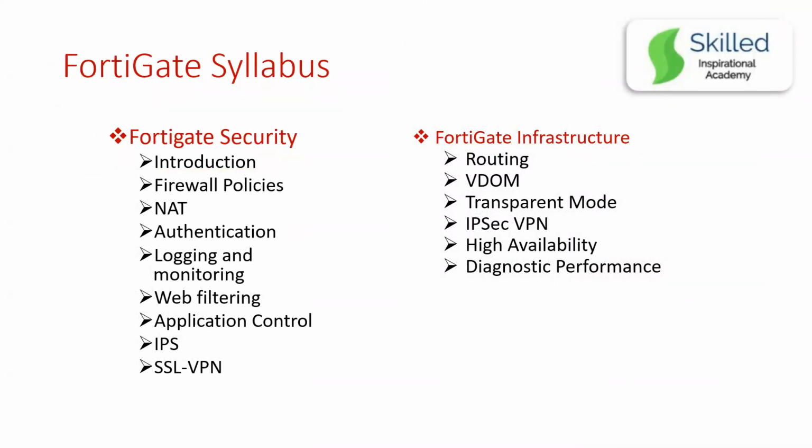We are going to subdivide the course into two parts, which will be called security and infrastructure. The security part is mostly all the security concepts of the FortiGate firewall: the introduction, the policies, NAT, authentication, logs, web filtering, application control, IPS, SSL, VPN. That is all the security part. FortiGate infrastructure covers topics mostly at the infrastructure or design level, the concepts of how you would deploy a firewall in the network. So routing,